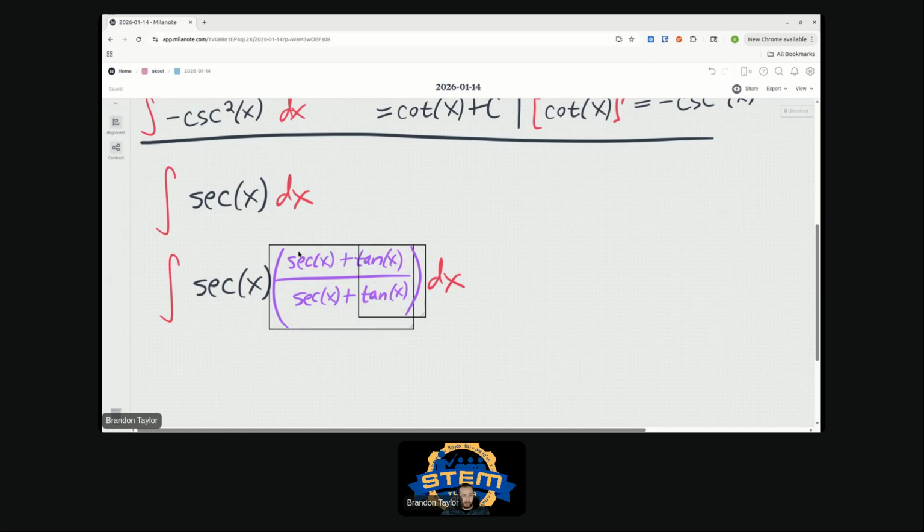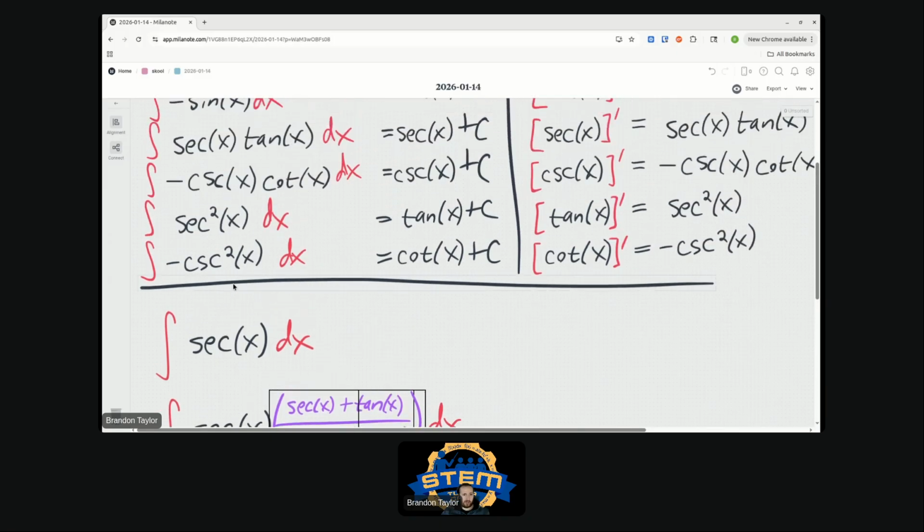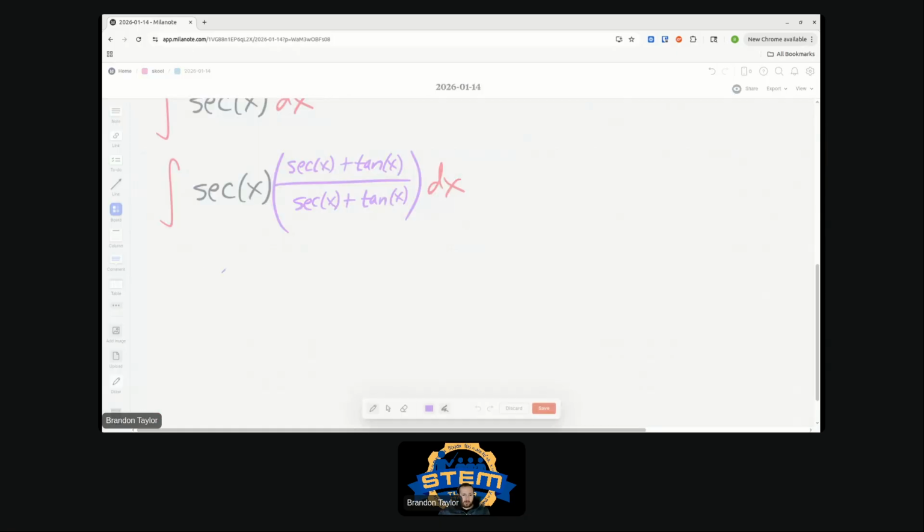Like I said, I never would expect a student to come up with this themselves in a million years. You have to basically already know how to do it. But as we go through here, what are we going to have? We're going to have secant squared. If I just multiply the secant through to the numerator, secant squared of x plus tangent squared of x